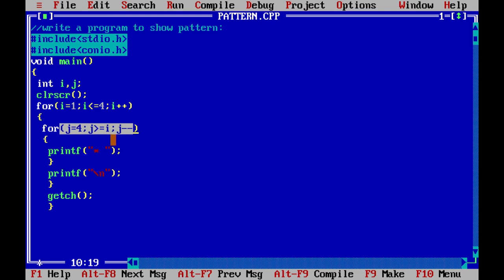Here j starts from 4, and first of all when it is 4, it is greater than equal to i. Yes, because in the start the i value is 1, so 4 is greater than equal to i. Yes, it prints a star. Then j minus minus becomes 3, which is also greater than 1, again it prints a star. When it becomes 2, again it prints a star. When it becomes 1, again it prints a star. After that, when the j value becomes 0, this loop gets over,